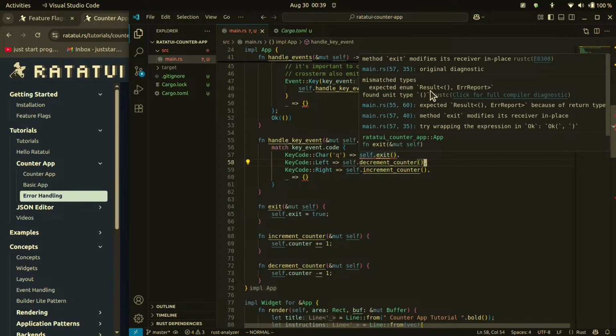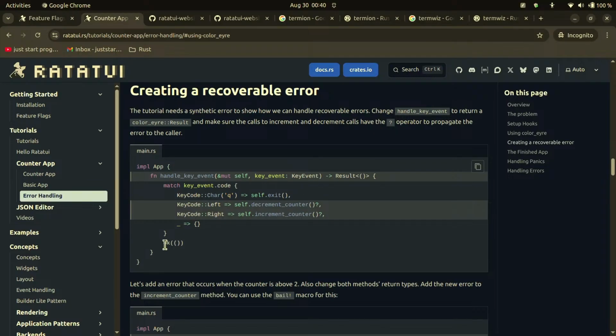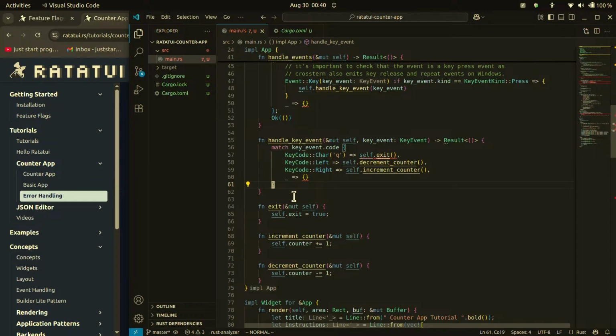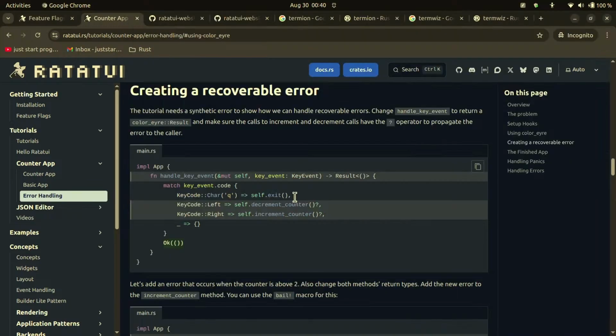Expected enum result, error report. Yeah, because it needs to return something. So, okay, it's here. Yeah. Then